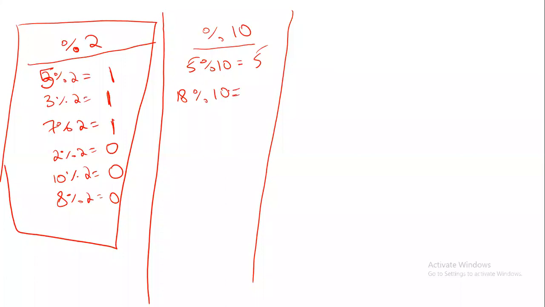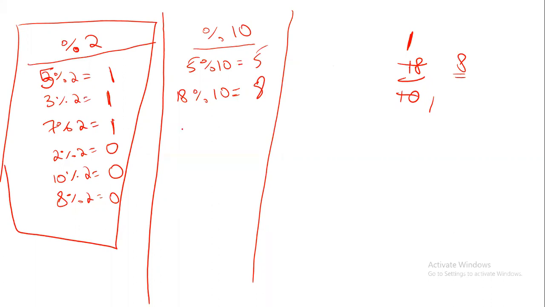If you want to find the answer, one way is the stick procedure, or else you can divide 18 by 10. 10 ones are 10. It divides one time completely. How many more is remaining? 8 more is remaining. So 18 mod 10 is 8.